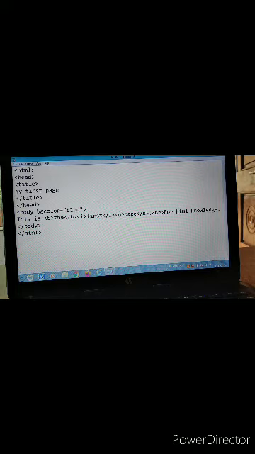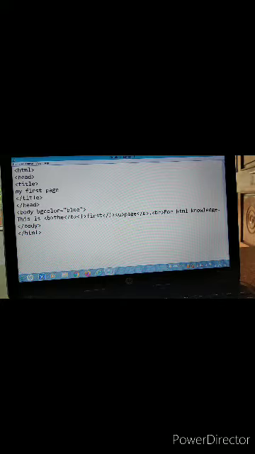I have put the attribute BGCOLOR inside the body tag because I want to give the color to the whole body of the web page. So for that purpose, just change the background color to blue behind the text.